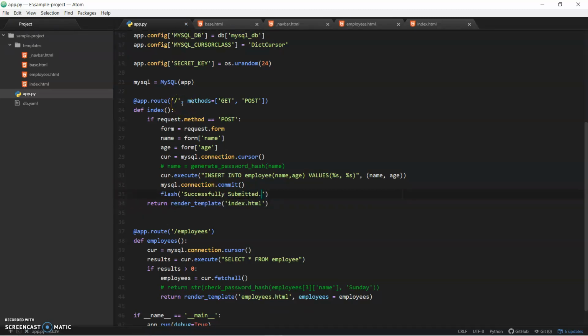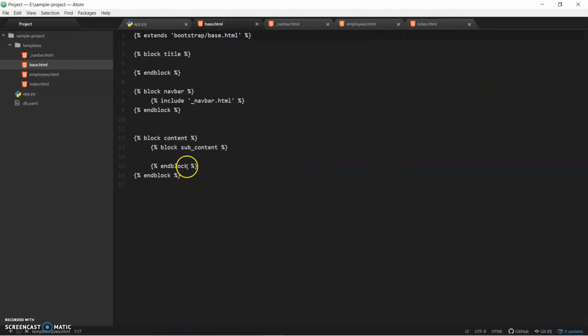Now I'm going to my base.html. Whenever the data is successfully submitted, inside the content I'm going to show some message. So it will be right here. Now I'm going to use some variables, with messages equal to get_flashed_messages. Yeah, inside this what are we going to say? We are going to say end with,